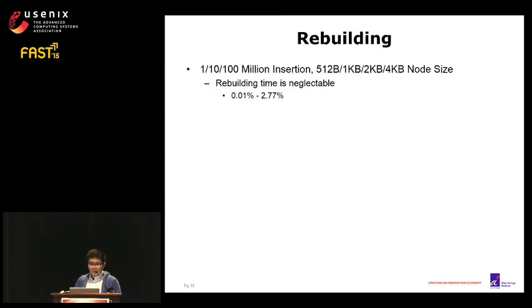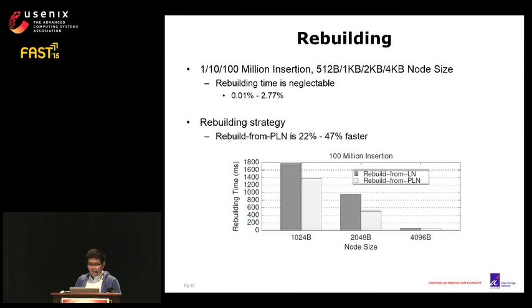We also quantify the overhead of rebuilding by measuring the rebuild time for different insertion workloads. The result shows that the rebuilding time only occupies 0.01% to 2.77% of the total execution time, which is totally acceptable. On the other hand, the rebuild from PLN strategy can be 22% to 47% faster than the rebuild